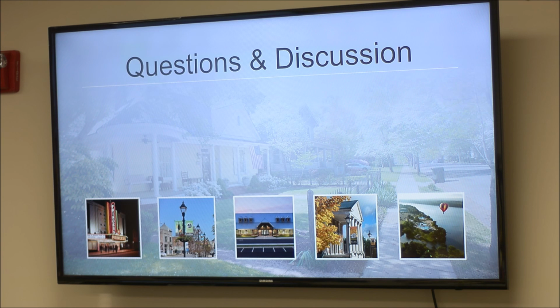Well, I know Old Decatur is concerned with how it's gonna affect them and the historic district, but it looks like it's gonna be a lot in favor of the historic district. There will be no